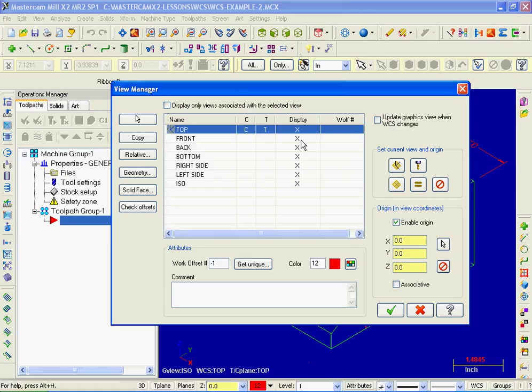You can edit the origin of a view. You can assign work offset to a view so that whenever you select the view for a toolpath, the work offset code is automatically created. Create new views relative to existing view or by copying existing views. Now this large window in the center of the View Manager lists all the views that have been defined in